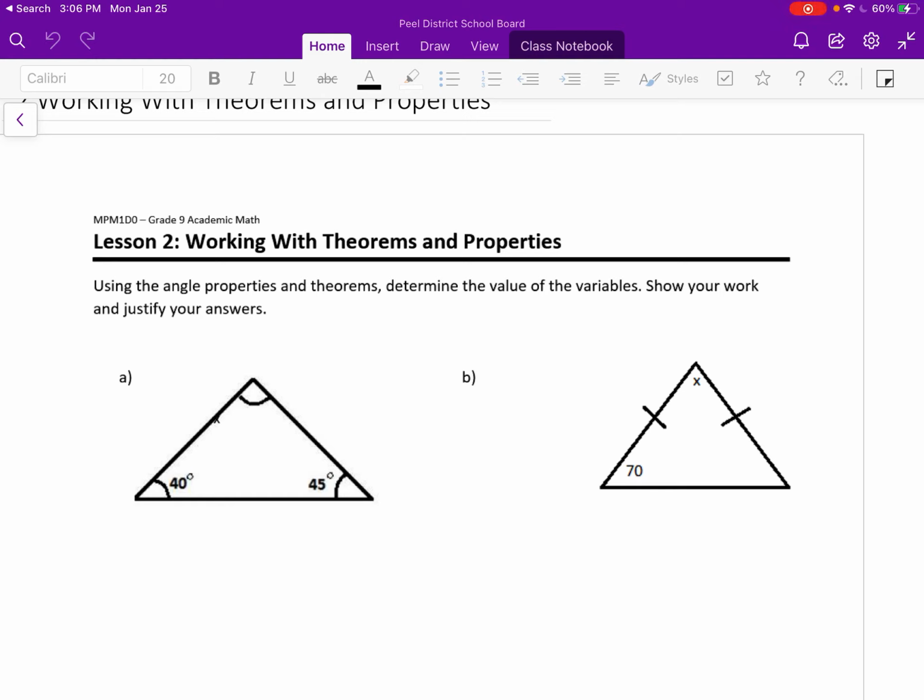Hey class, so we're just going to go on to lesson 2, which is working with theorems and properties. In lesson 1, we talked about what all these theorems were. Now we're basically just going to be applying them. So it says use angle properties and theorems that we have from lesson 1 in order to solve the following